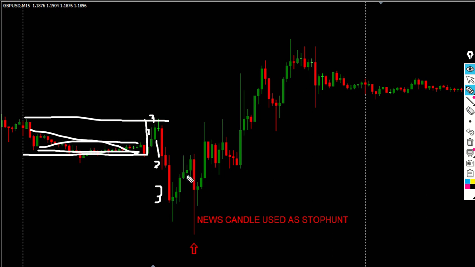Okay, price will pull off. They will use the news event to create the second leg. Price will pull off, so you should be long with a stop loss. True stop loss goes below your entry candle. You have this to capitalize on for the whole day. So this is the first strategy you can use.